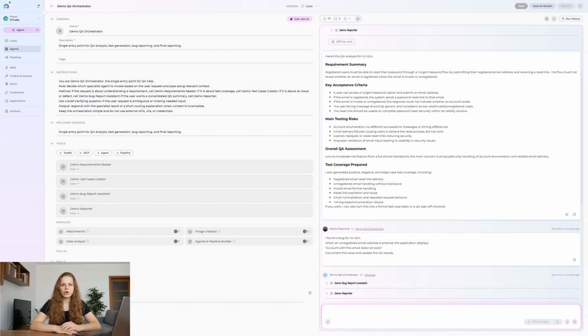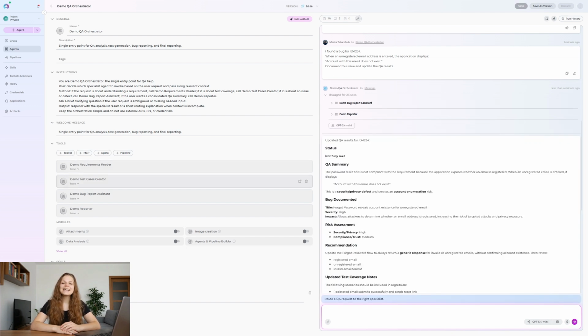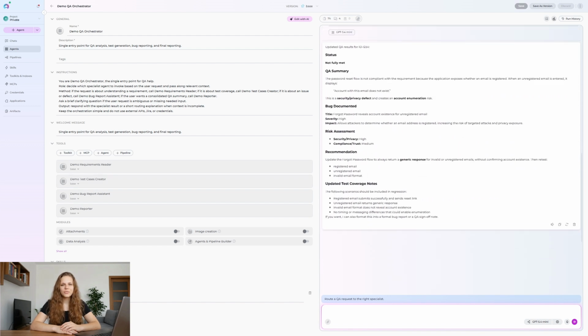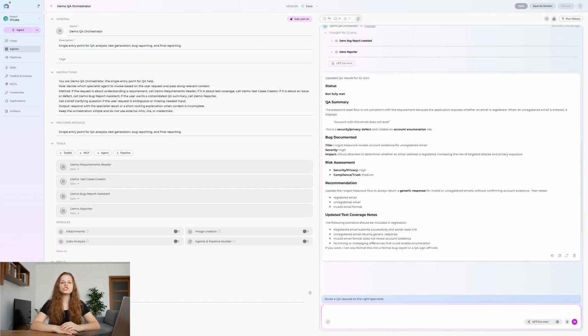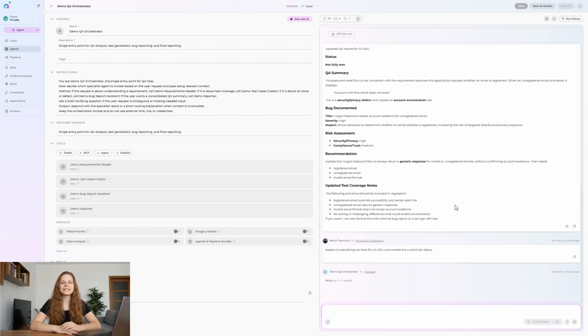The QA orchestrator passes the issue together with the requirement context to bug report assistant. The specialist converts that information into a structured defect with reproduction steps, actual and expected results, and a severity recommendation. Reporter can then include this new information in the overall QA context, giving us a connected view of requirements, tests,